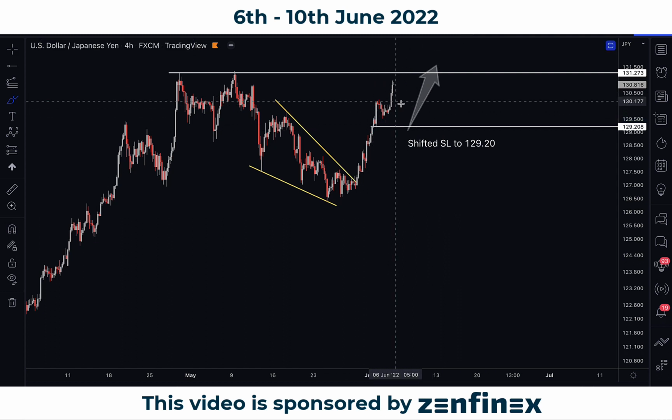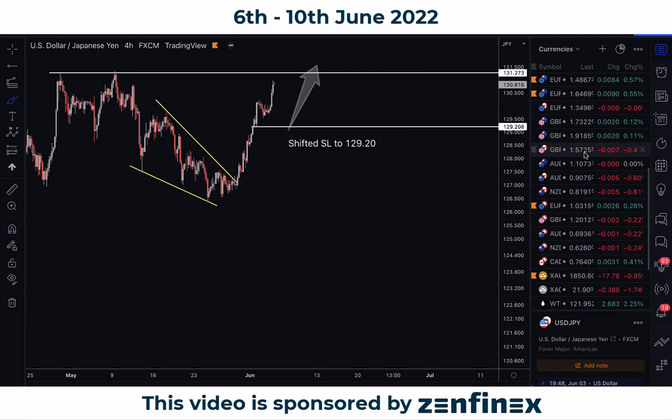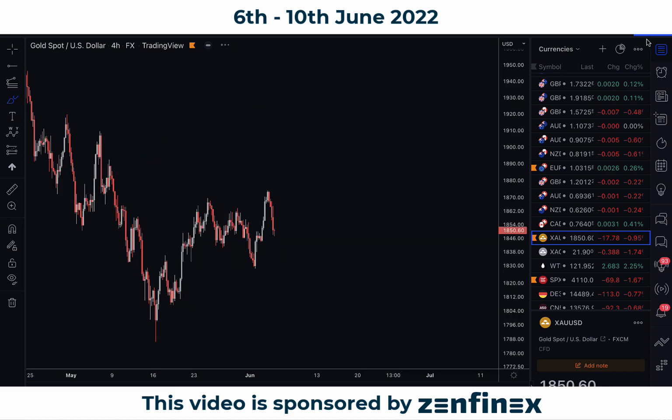Okay, so nothing much from here. Once price hits this zone, you want to be out of the market. Don't sell it or buy it yet. We want to give it some time and see how it reacts, what pattern it's going to form. Then we'll come back and make a more informed decision from there. So that's on dollar yen. Rather nice trade if you've been following. Now let's take a look at gold.